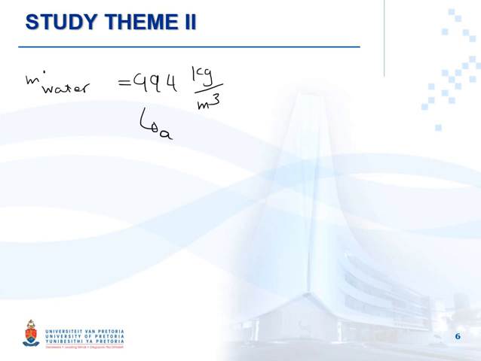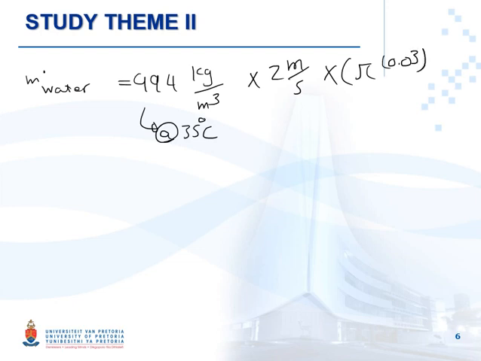We read it at 35 degrees. Multiply by 2 meters per second, multiply by pi times 0.03 to the power of 2 divided by 4. Looks very simple, but